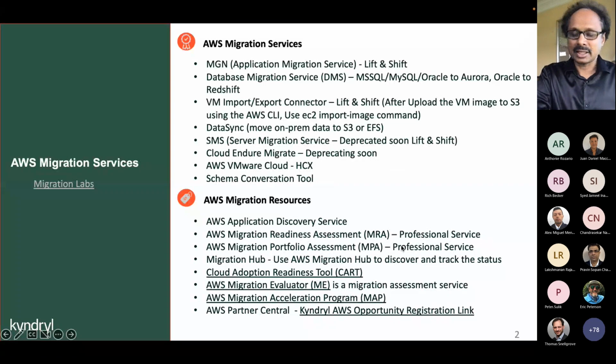We do get limited access to that, but please let me know if you are really interested in any of these tools. The AWS team is willing to provide them to us and can help us set them up. The Cart tool is available for anybody to utilize. You don't need any special permission. Migration Hub is available for free to utilize, and the ME tool is available for free to use.